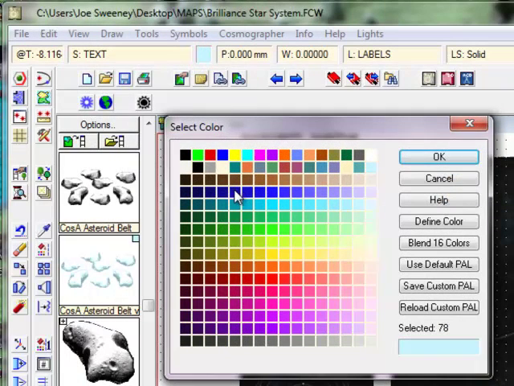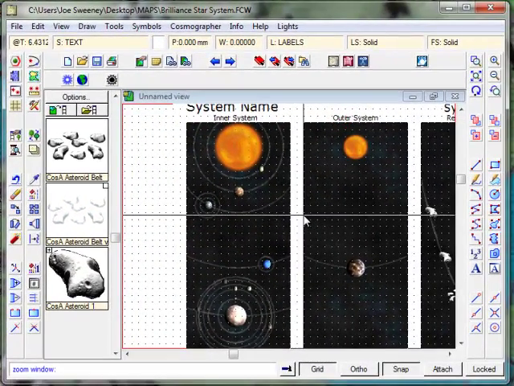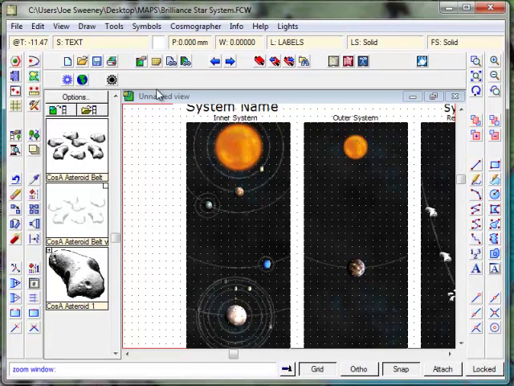I'm going to click on it, and rather than being that soft blue color, I'm going to make it say white. Good. All set. So we've got the right sheets selected for text, we've got the right color selected for text, we've got the right layer selected for text. We've even got the right size selected for text, so we're all set to go. To add text, simply click on the text button here,